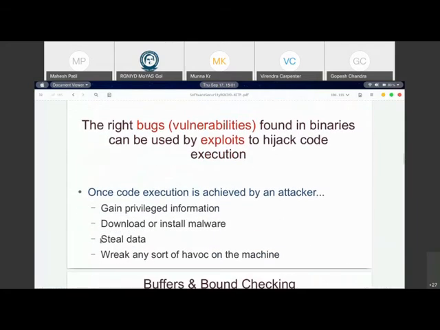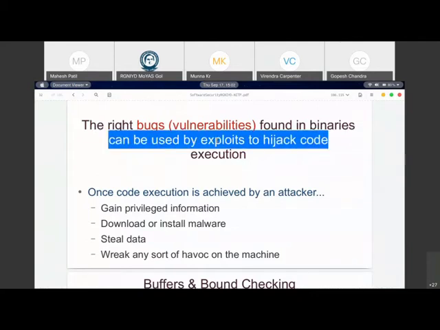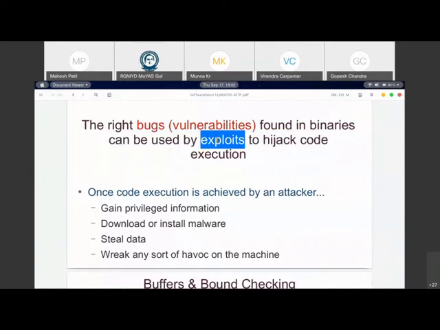Just to correlate everything we have been talking about: if we are able to find the right bugs, which are nothing but the vulnerabilities inside a particular binary, then we can write exploits which can hijack the execution of the program. This is what we will demonstrate at the end of this program.